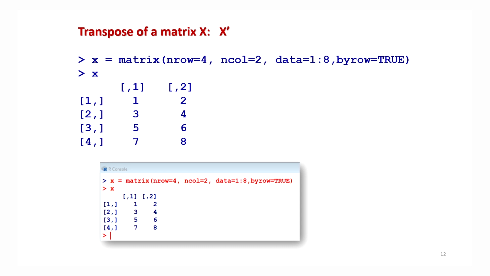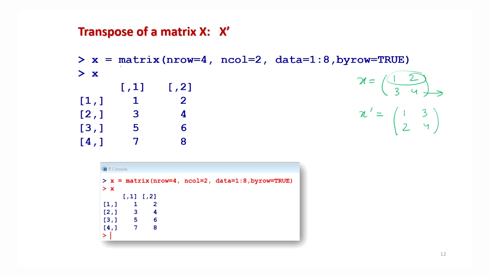And there is another concept in matrix theory, which is the transpose of a matrix. The transpose of a matrix is defined when you interchange the rows and columns. Suppose my matrix is 1, 2, 3, 4, and now I define the transpose, which is denoted by X prime, or X transpose. Then the first row will become the first column and the second row will become the second column. This is a very popular operation, and if you want to do it, then the command is t, but let me show you with an example.